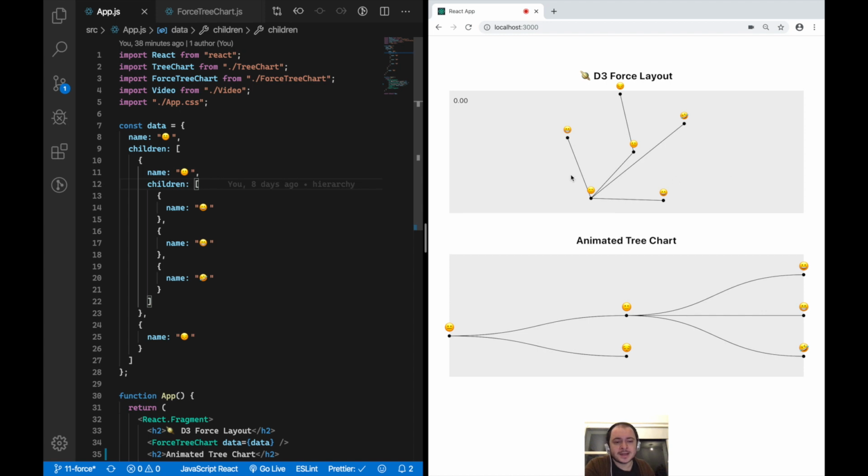The first one is attached to every node itself, and you can see it when I reload the page: every node will try to push other nodes away from itself. And this is the first force, and the number you can see here on the top left is the amount of force we are applying to these nodes, and it decays over time,